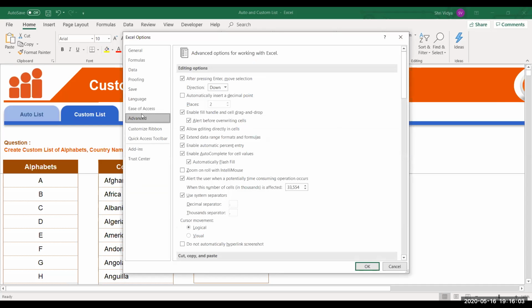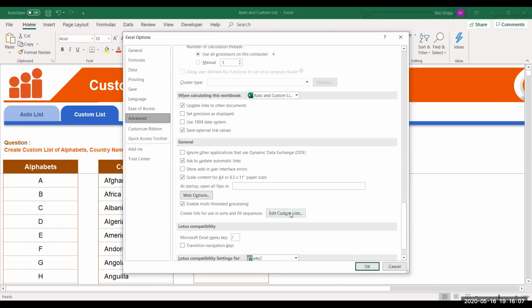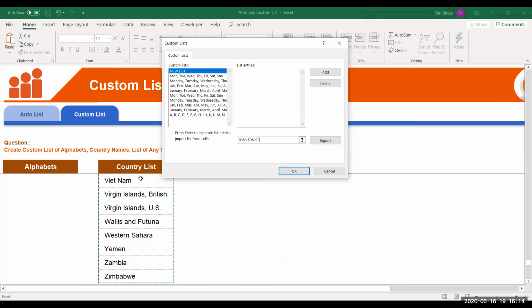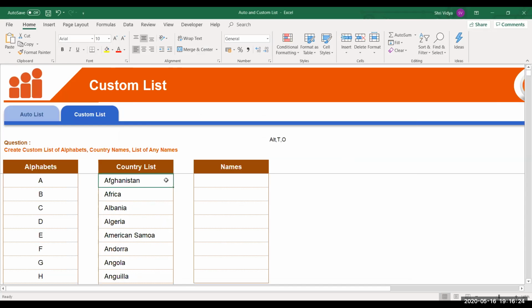Now I'll take Advanced. I'll again scroll down, take Edit Custom Lists. See, I am going to import the list of countries that are available here. I'll select the entire list and import it and then say OK. Suppose now let me go here and I'll just copy these values.